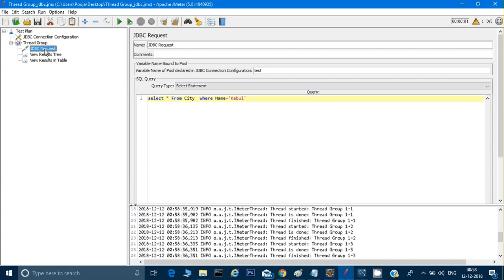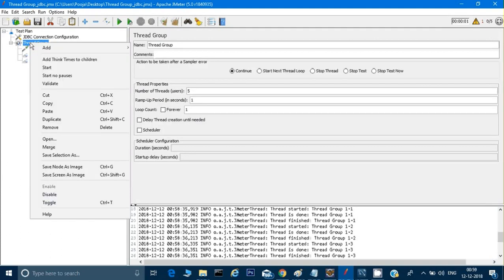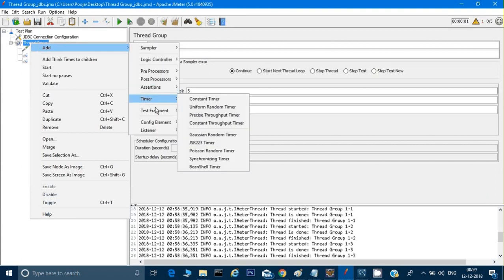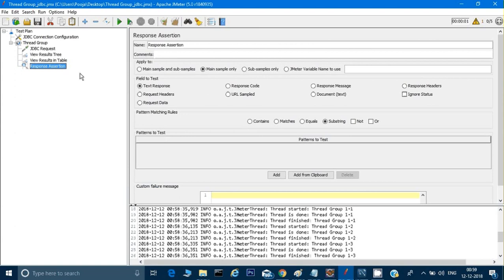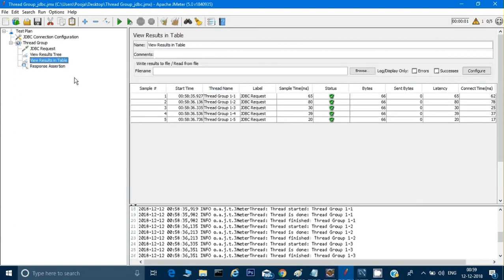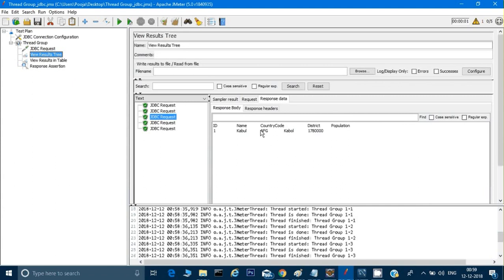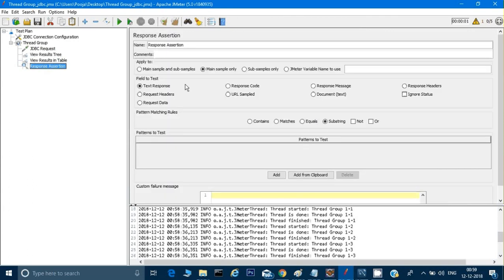Now let's assume that I want to assert something. For the assertion purpose, I can right click here on thread group, add, go to assertion, and here I can click on response assertion. Assume I need to assert the country, that is AFG. In the response assertion, I can go here, main samples, text response, and then contains, and I can give here